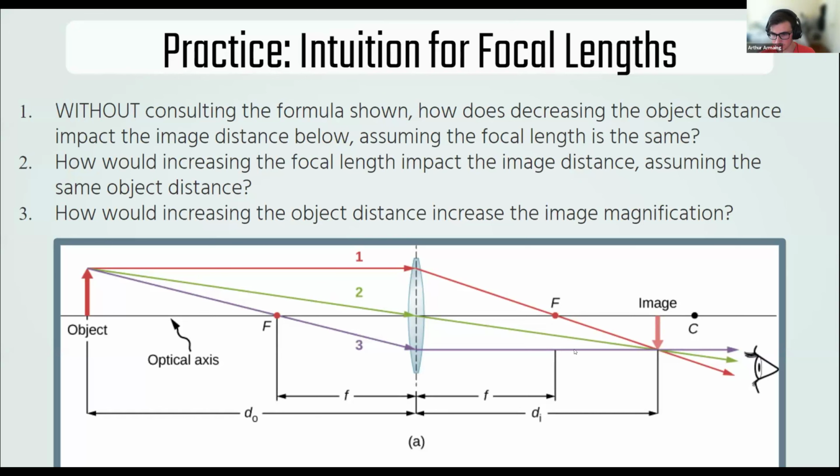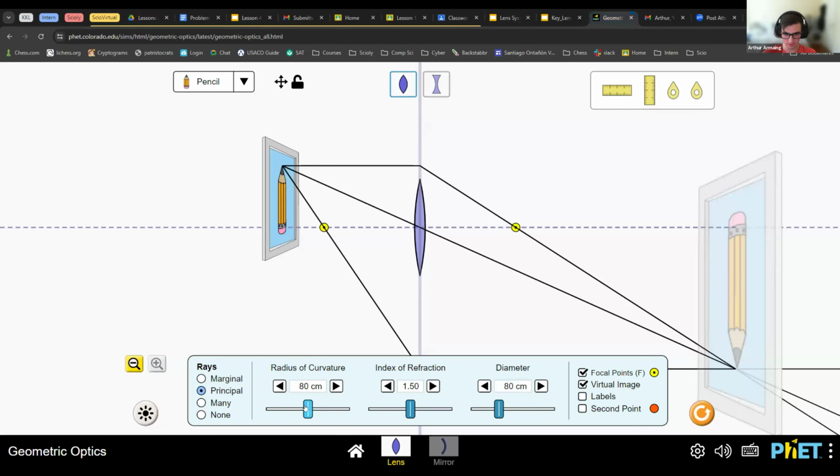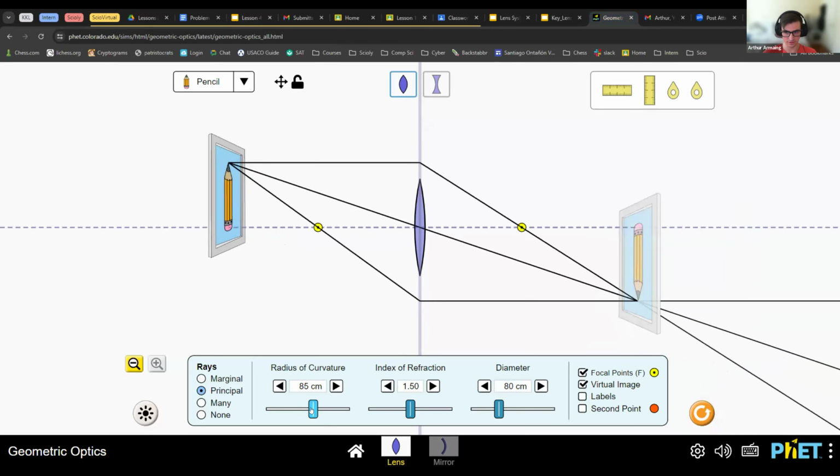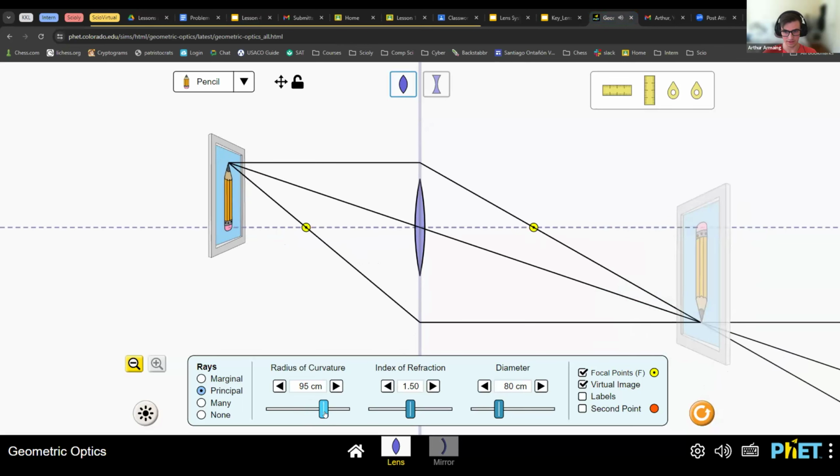Decrease, we see decrease, decrease. Okay, so let's look at what happens. Switch out of this. There we go. Let's look at what happens when we increase the focal length. We'll see the relationship between the radius of curvature and the focal length later. But here, let's put our image back here. When we increase this, we increase